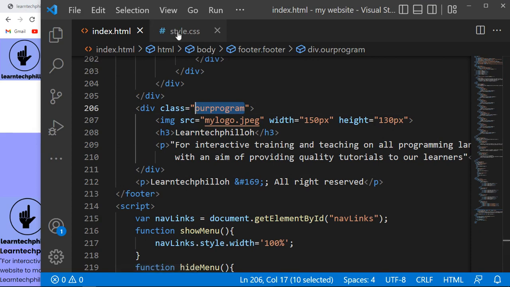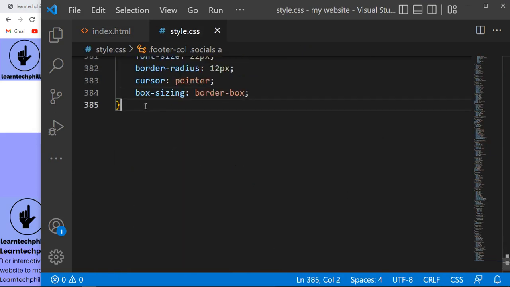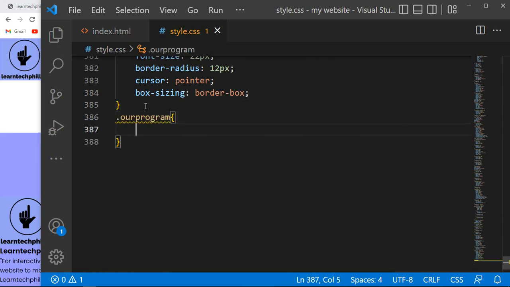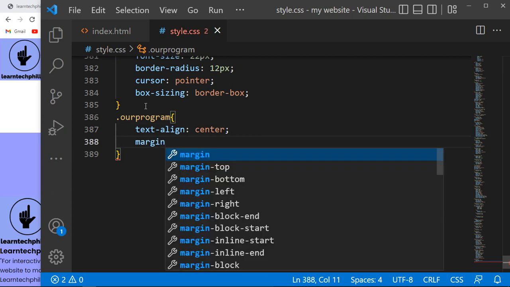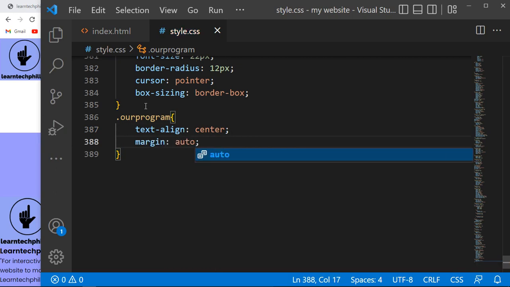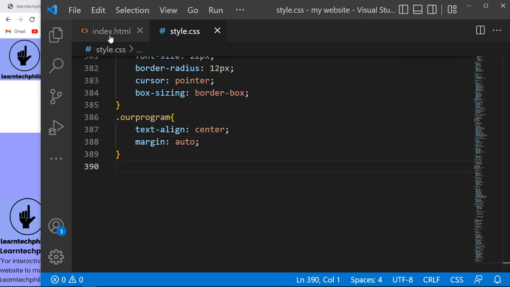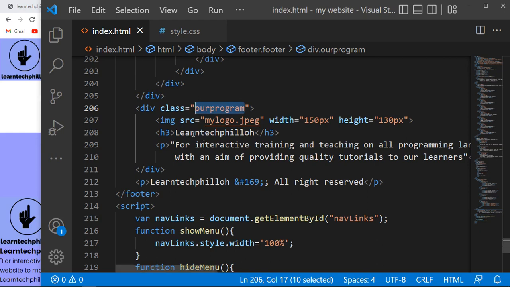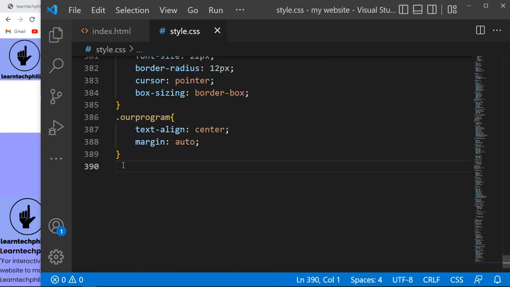Then you just need to go to your CSS. At this point, just need to paste there. Then you'll have now this to set the text align at the center. Okay, good. This is center. Also margin will be set at good. Then at that point, just need to style the heading 3 here, which is heading 3,